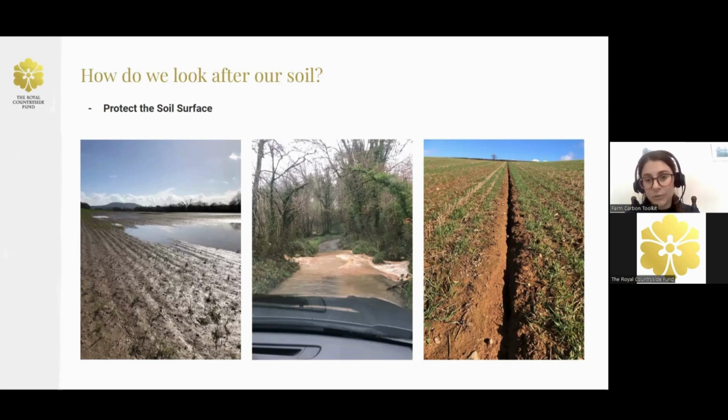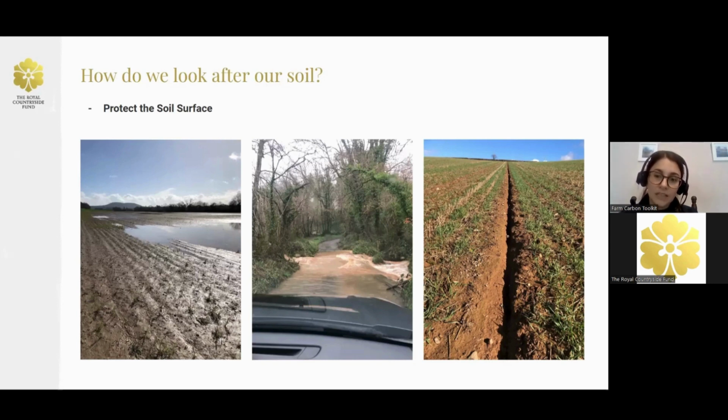So the right hand side is another really good example of how this sort of comes together. So this is a field, one of my colleagues' fields actually, of wheat that was drilled back in the autumn. And what we see here is a gully down the middle of the field. And all this is a tram line. So a really well drilled field. It's obviously come up and dealt with all of the weather really well. But just on this tram line,